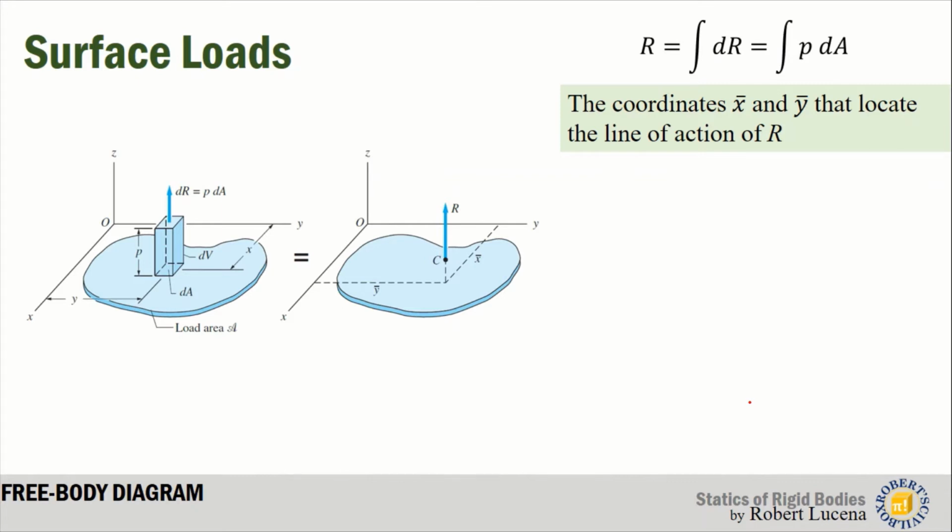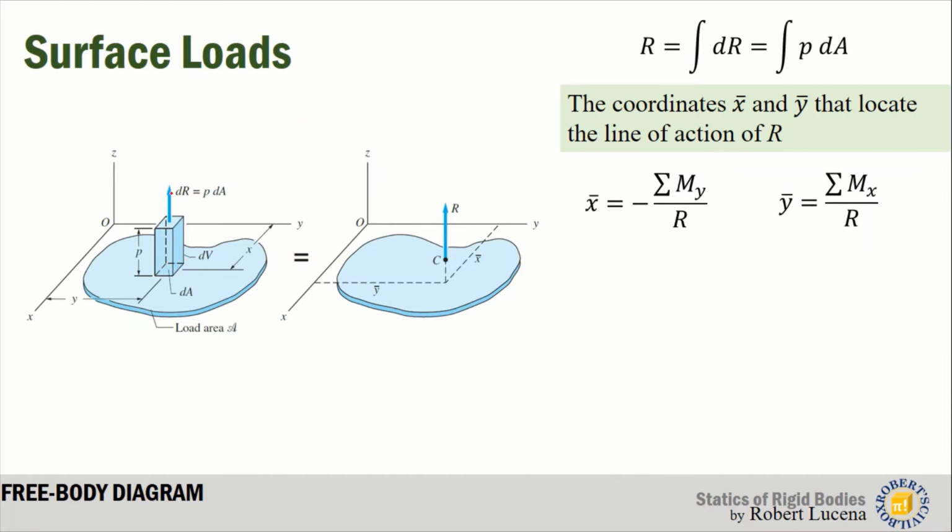Now we know that the resultant is the sum of the PDA. We would like to know now the coordinate of the resultant. Okay, so imagine this rectangular prism. The volume of this rectangular prism will give you the value of dR. Now, dR is equal to the height of the prism, that is the magnitude of the pressure, times the differential area, which gives you